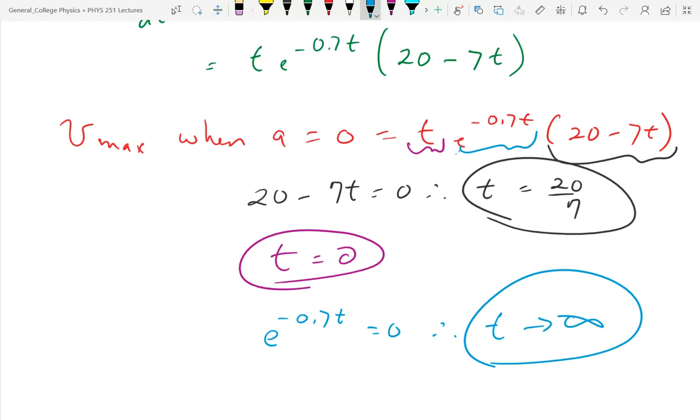Well, the mathematical test would be to take the second derivative of the velocity, which is the first derivative of the acceleration. If the second derivative at the time given is positive,